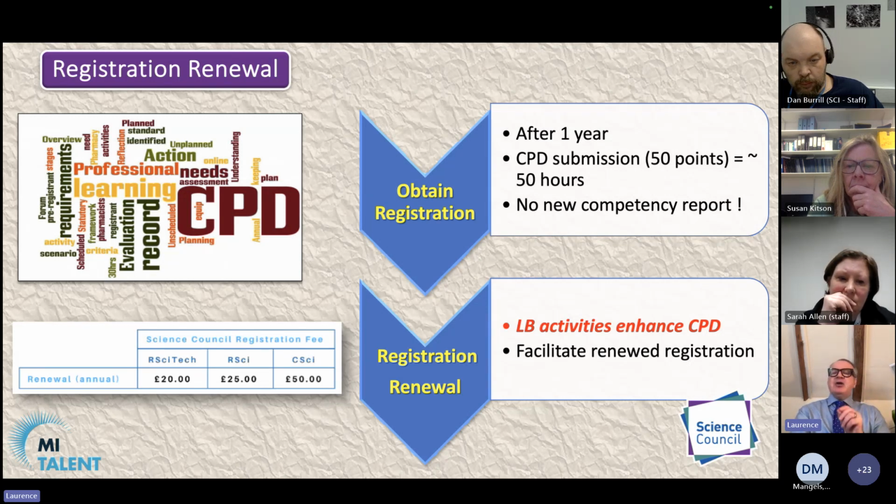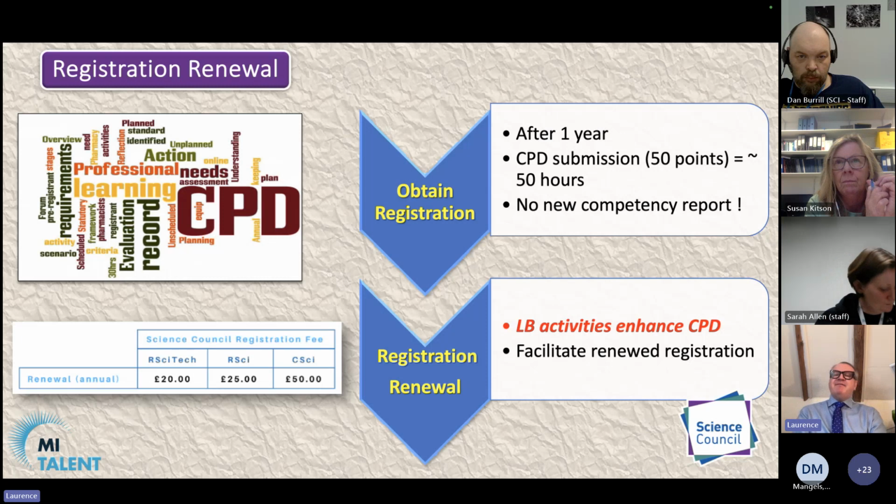And after 1 year, you need to renew your registration, okay? And that involves putting together a CPD submission of about 50 hours. But it's not a competency report. As we'll talk more about next week, the competency report is about 15 to 25,000 words, depending on the register. So it can be 30 pages of A4,